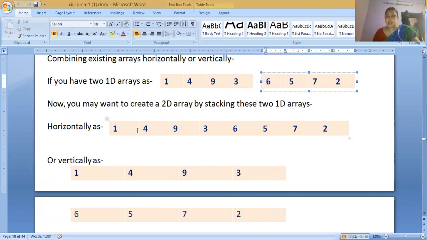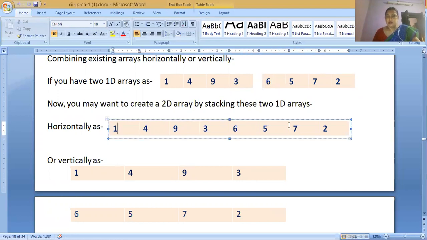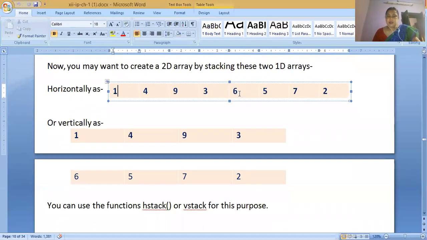When we use the hstack method, these two one-dimensional NumPy arrays only combine and form a one-dimensional array in this form. But when we combine these two one-dimensional arrays using the vstack method, it will arrange them vertically.